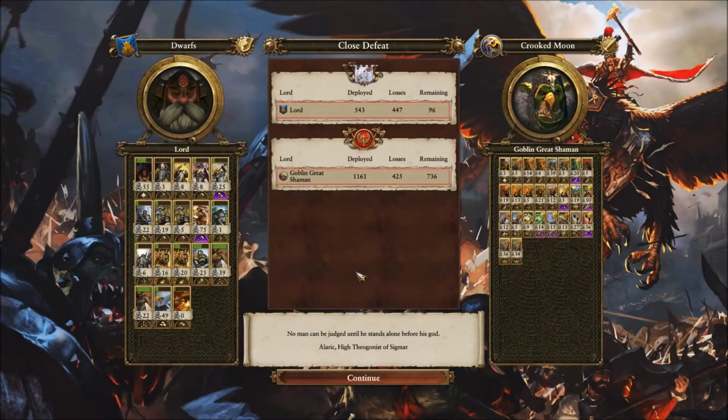Well, there you go. So the Crooked Moon straight back in with a win, and quite a convincing win of that as well. So let's see, Dwarfs 75 kills, those Slayers. They did a great deal of damage and kills. So for the Goblin, the Crooked Moon,